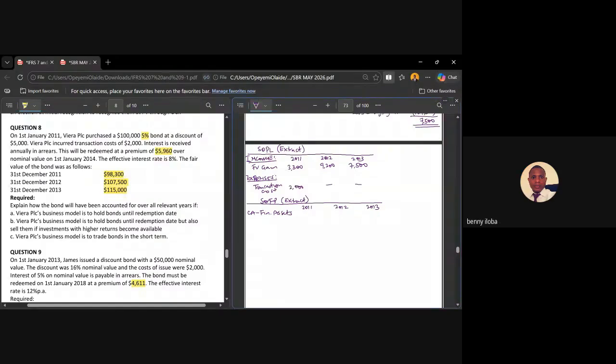So in 2011, it should be $98,300. 2012 it was 107,500, and 2013